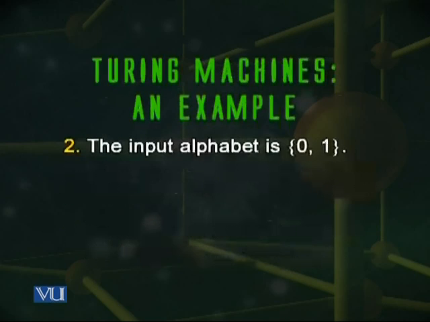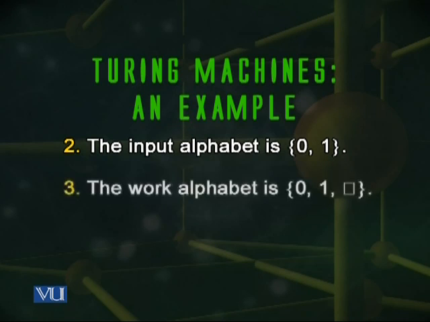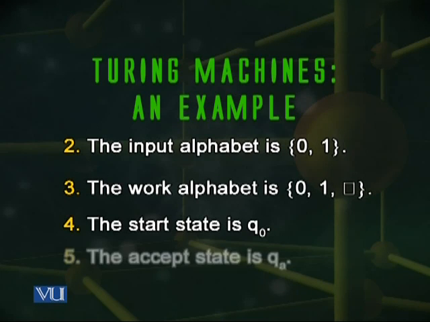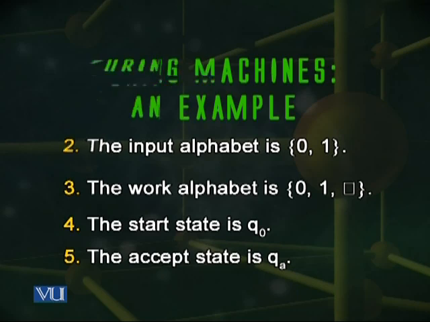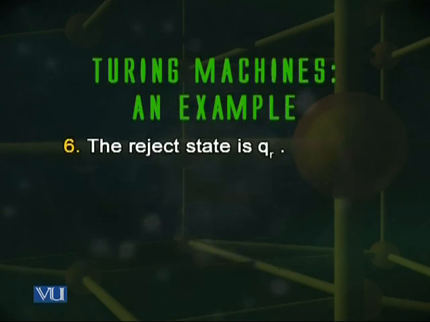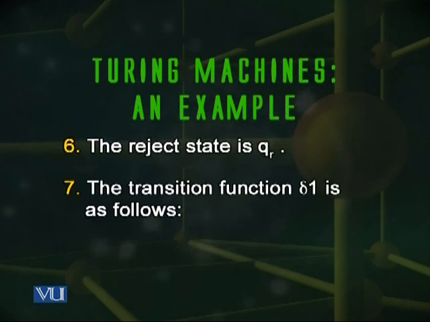Once again, I have to specify the input alphabet, which is going to be 0, 1 in this case again. The work alphabet is just as before. It is 0, 1, and the blank. The start state is Q0, QA is the accept state, QR is the reject state,